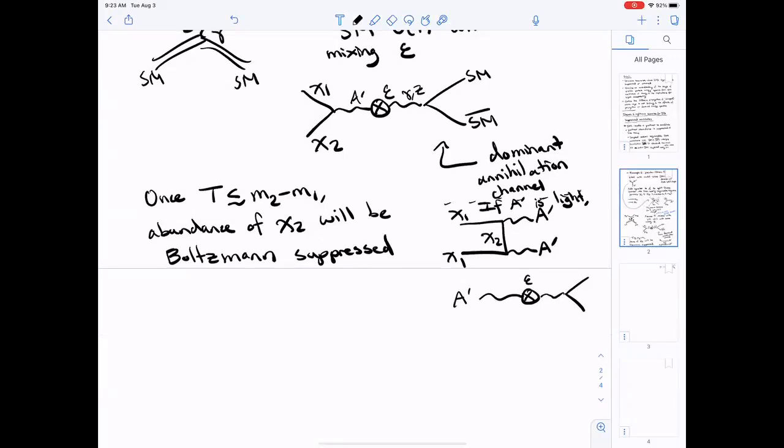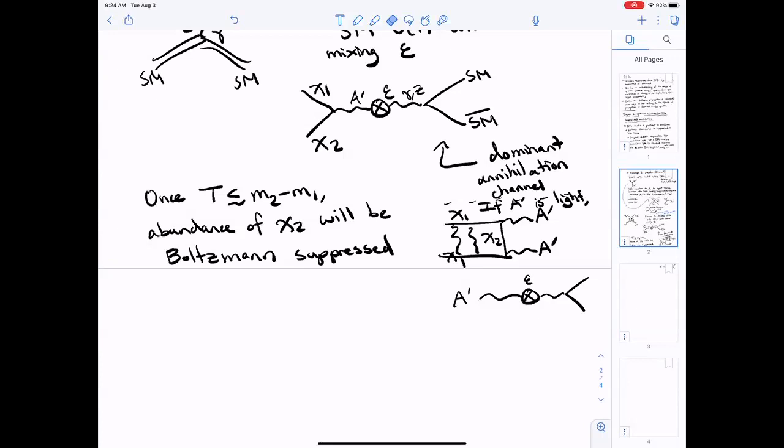In that case, you will still get a strong constraint from direct detection, because this process is not suppressed at late times. The chi1s will just happily annihilate away into A primes through the whole age of the universe. The A primes will promptly decay. So this will actually be one of the enhanced annihilation scenarios that we talk about in a moment, where exchange of the A prime before the annihilation can give an attractive force between the particles, which greatly enhances the annihilation. So this tends to be a case where, yes, it can absolutely happen. If it happens, it's great for indirect detection. You get a huge signal, and thus these models are pretty easy to constrain.